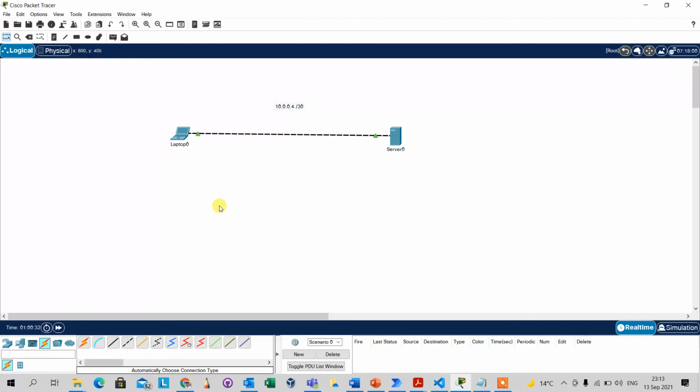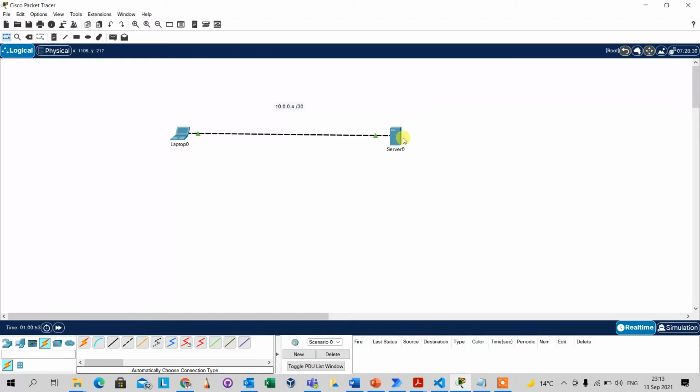But if we're using names, it's easy. You remember your company domain name, your site, your Twitter account. So in every network, the system needs to have a DNS server, the one that will resolve domain names into IP addresses. I just want to quickly show you how to configure a DNS server on Packet Tracer